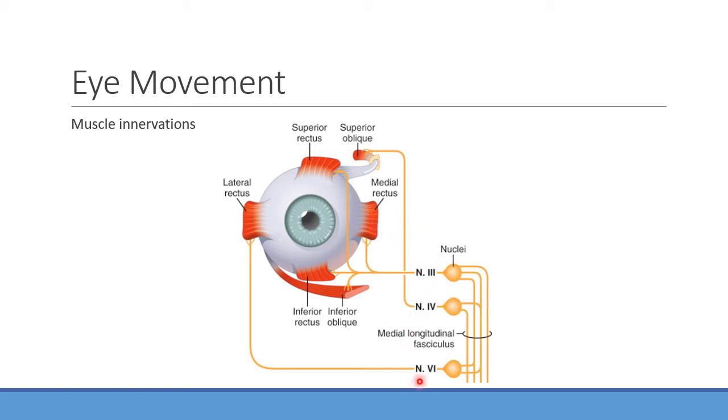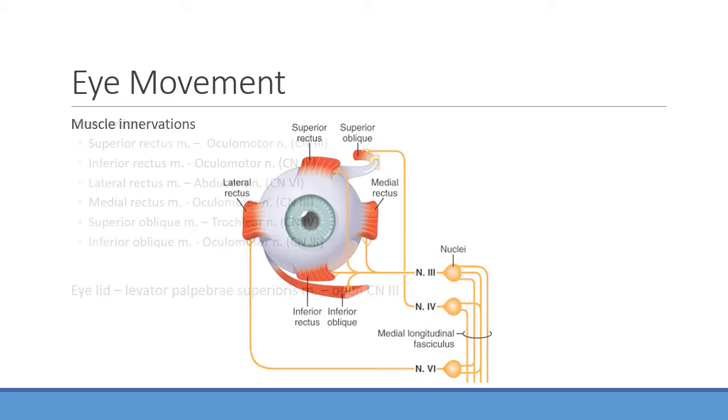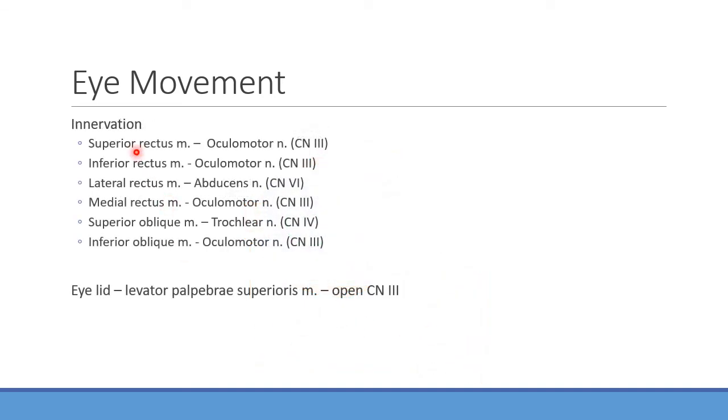But also cranial nerve 6 and 4 are involved here as well. In this written out form, the superior rectus is going to be cranial nerve number 3, along with the inferior rectus, the medial rectus and the inferior oblique, which are all cranial nerve number 3. Whereas cranial nerve number 6 is responsible for the lateral rectus, and the superior oblique is cranial nerve number 4. Okay, I'm sorry you have to memorize that, but it's good to know.